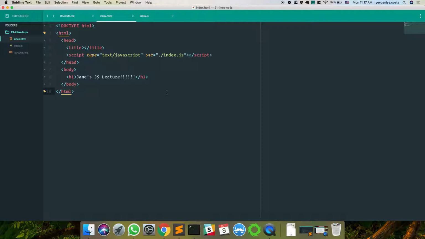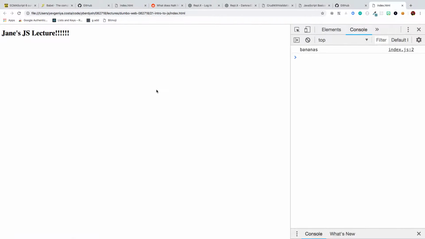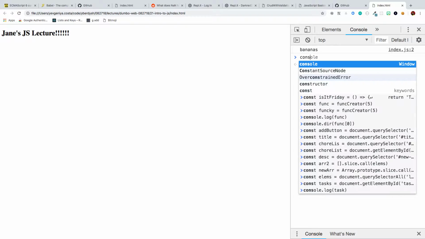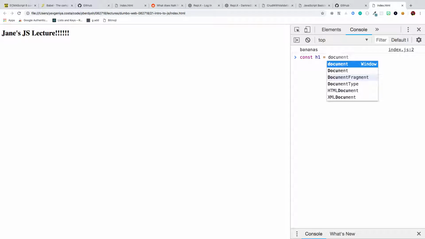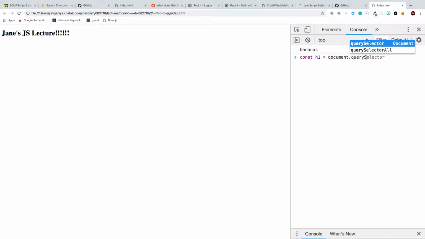So for example, say we do want to select this element. And this is where a little bit of DOM manipulation is going to come in. It's not going to be a major part of this lecture. But say I want to select this H1 element. How would I do that? Does anyone know? Okay, I like where you're going with this. Then? So it worked. So we've selected this element, right?